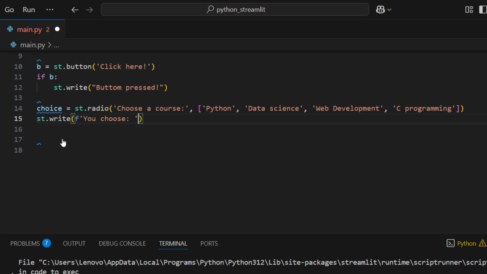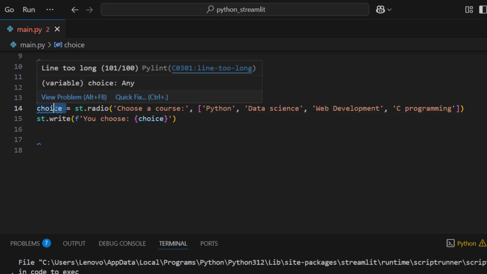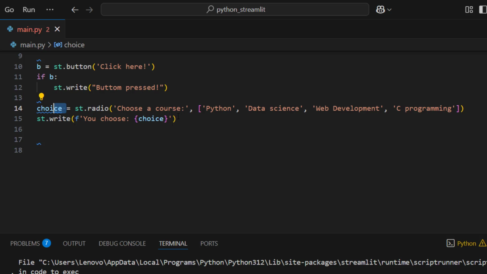Inside the braces I'm going to give choice, because I'm going to use this choice variable. Every time I click on the radio button, it's going to return me the option that I click on.